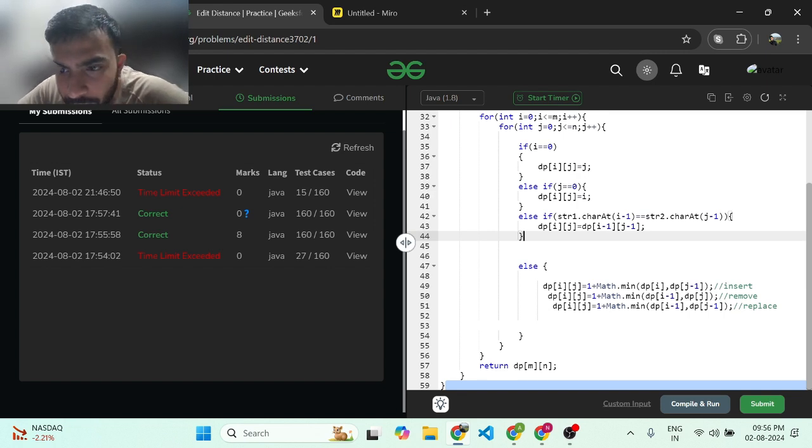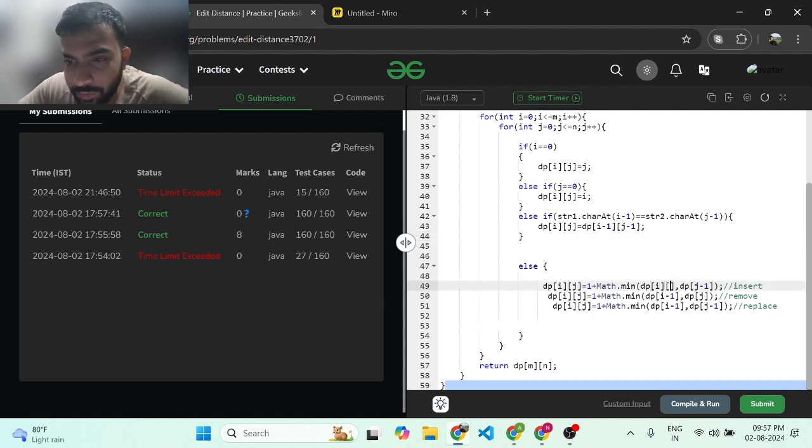okay, so I guess I made a mistake. Math dot minimum of dp of i, there are two parameters. So the parameters will be dp of i, j minus 1 and dp of i minus 1 and j. Yeah, so i and j minus 1 and i minus 1 and j, and yeah,